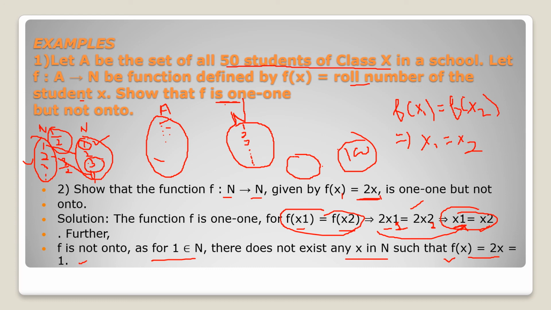What about onto? We have 50 students only, right? Then they will have roll numbers from 1 to 50, but the natural numbers contain so many elements in them, right? So let us take 51. There is no, wait a minute,